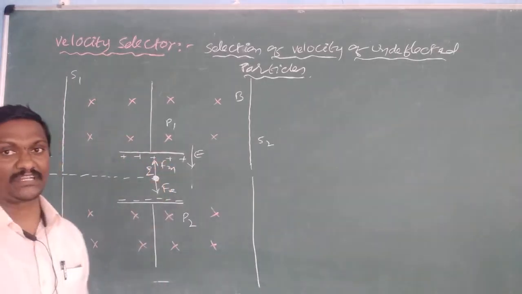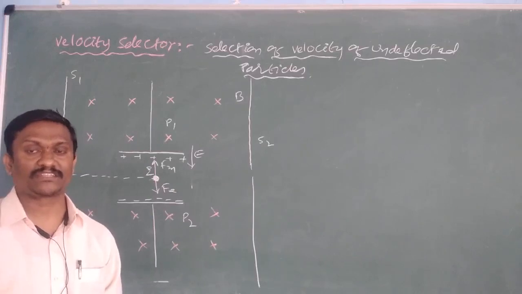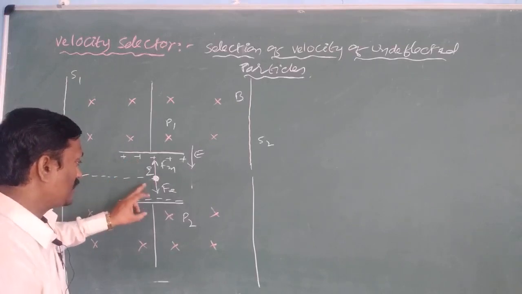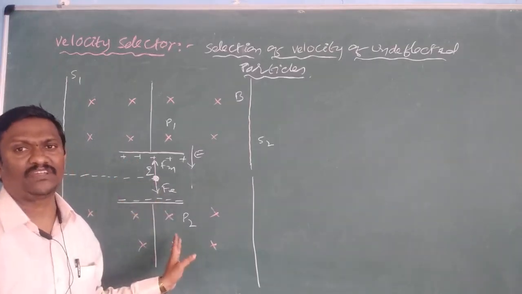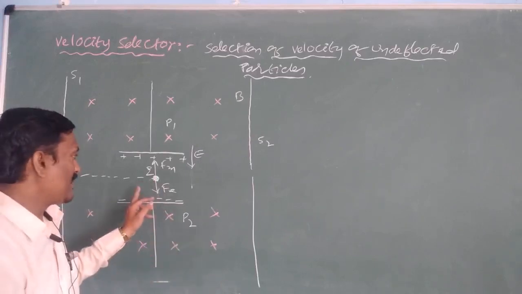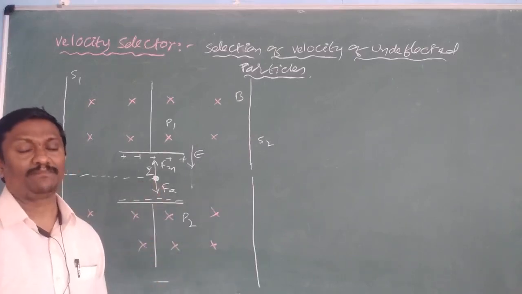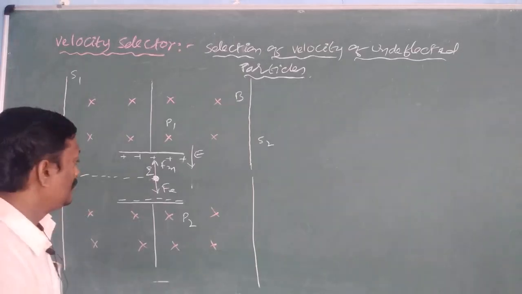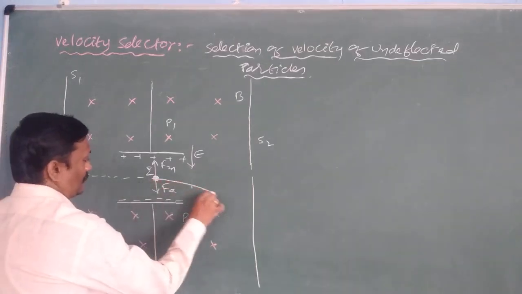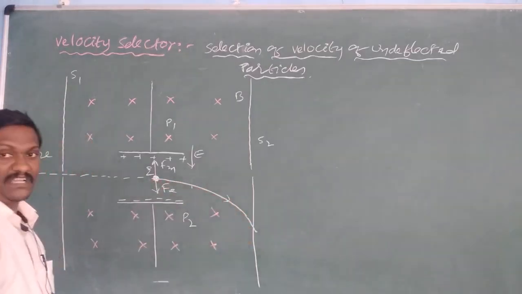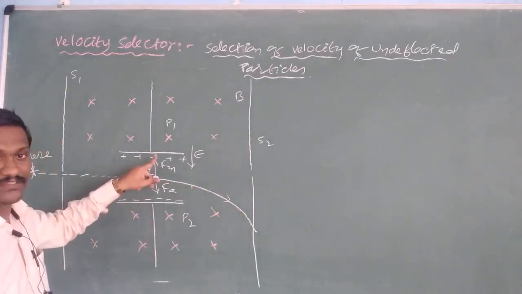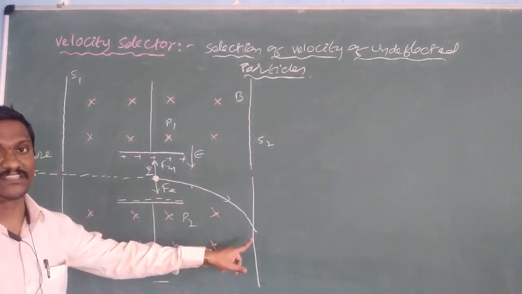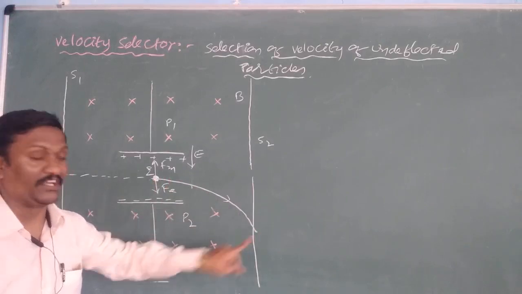The magnetic force is acting in the upward direction and the electrical force is acting in the downward direction. So when any charge enters both fields, both forces act on it. The electrical force is downward and the magnetic force is upward. In some particles, the electrical force is greater than the magnetic force. Those particles deflect in the downward direction, because the downward force is greater than the upward force. The net force is acting downward, so these particles bend downward and are stopped by this slit.